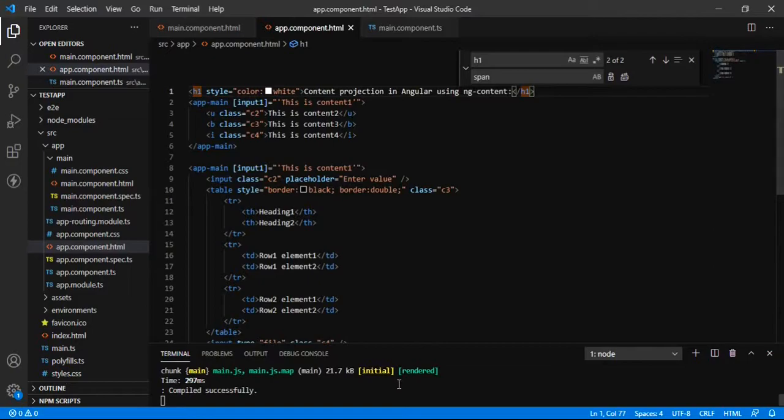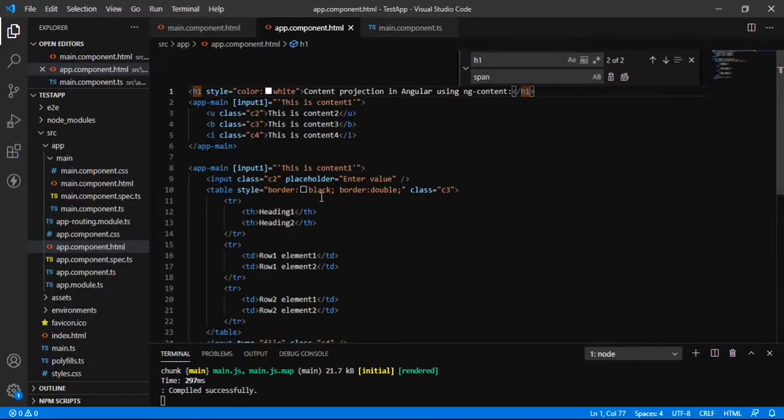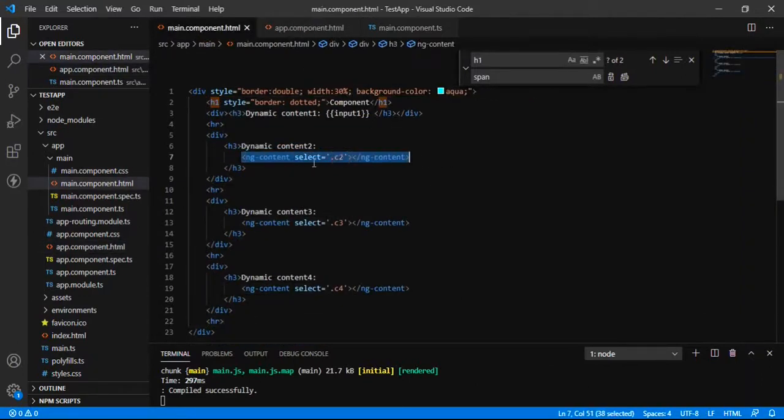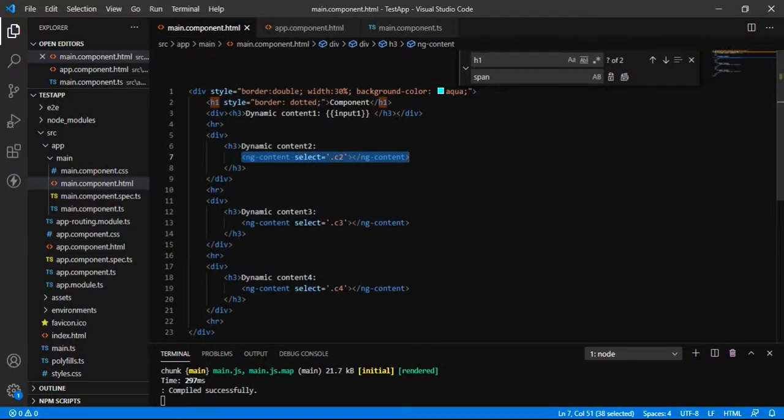So this is how we can project a simple string using the input decorator, and with the help of ng content we can project whatever element we want, and we have also seen how we can project multiple contents dynamically. We have defined three sections, C2, C3, C4, and we have projected the same over here. So thank you so much.